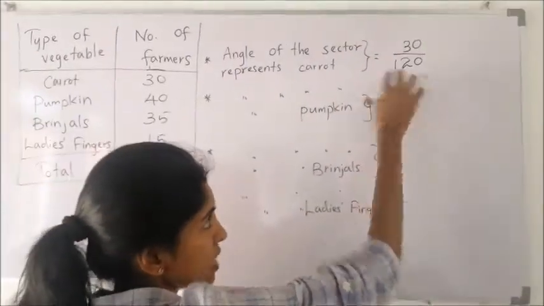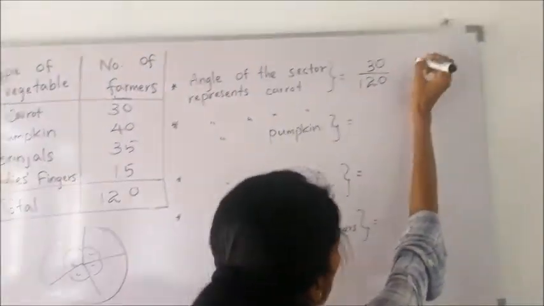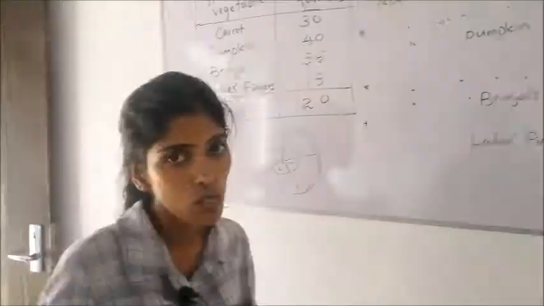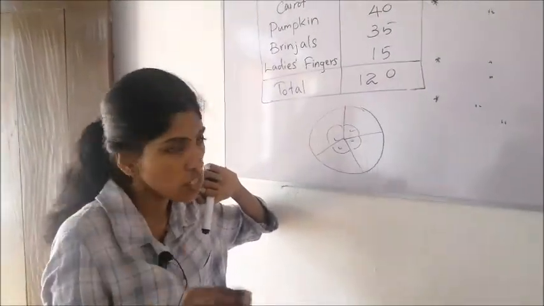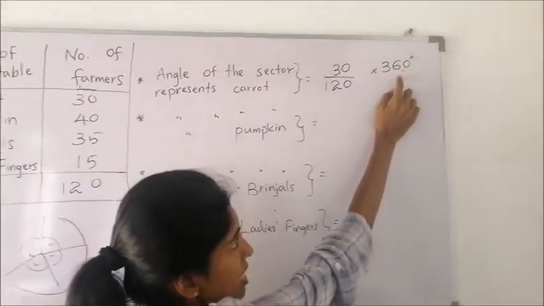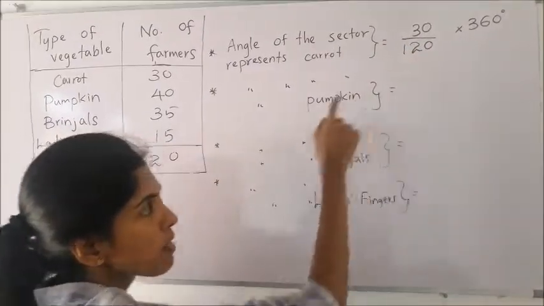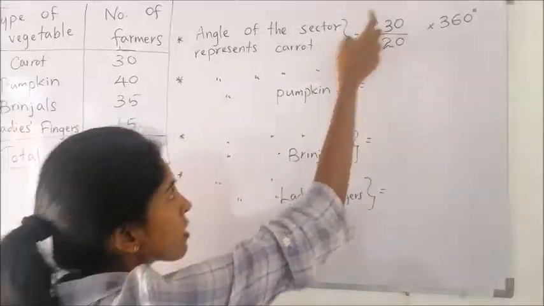This is a fraction, but we want the angle, so we must multiply this fraction by 360 degrees. So you should know, to find the angle of the sector you must multiply a fraction by 360 degrees. In this fraction, as the denominator we must write the total number of data, and as the numerator the relevant